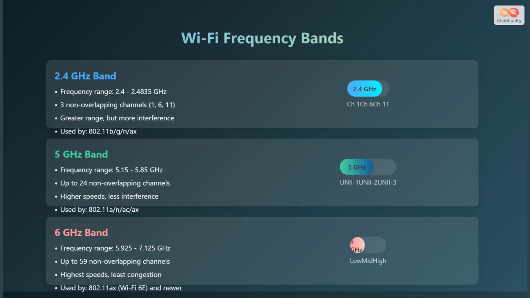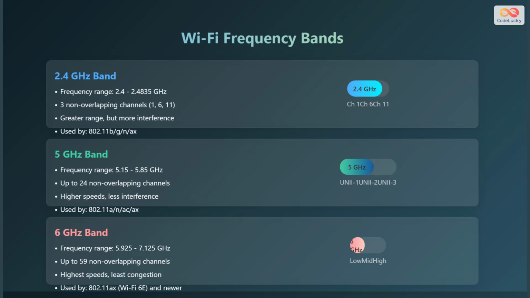Let's examine the frequency bands used in Wi-Fi communication. First, we have the 2.4 GHz band, which ranges from 2.4 to 2.4835 GHz. It includes 3 non-overlapping channels, specifically channels 1, 6, and 11. It offers greater range but is more prone to interference, and is utilized by the 802.11b, g, n, and ax